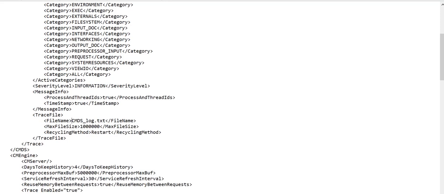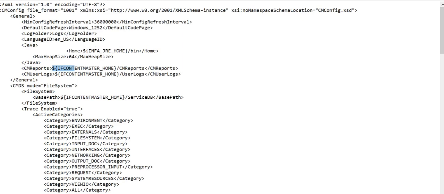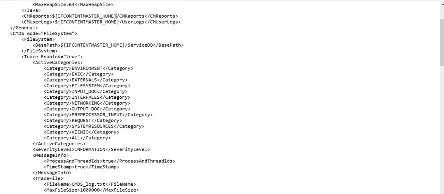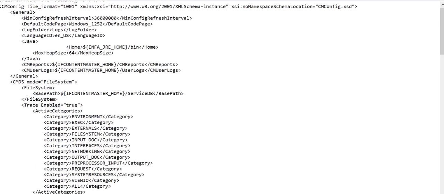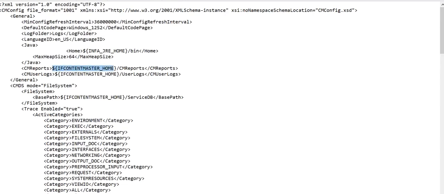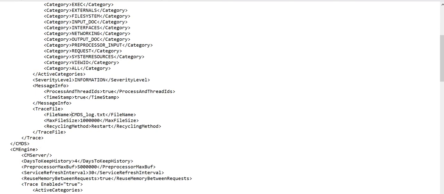But if you wish to change the path, we have seen most of the users are not using that default path. They have some shared path and all. So in that case, whichever path or temp path you want to use, you can hard code your path here. Here I just want to create a new path inside this if content master home.